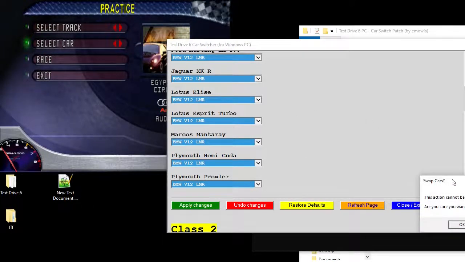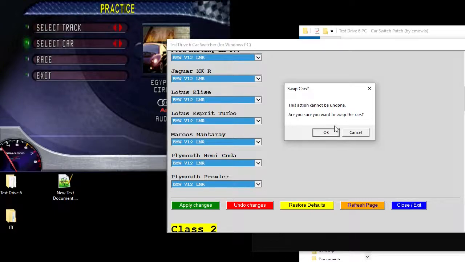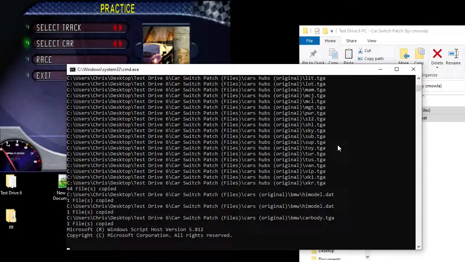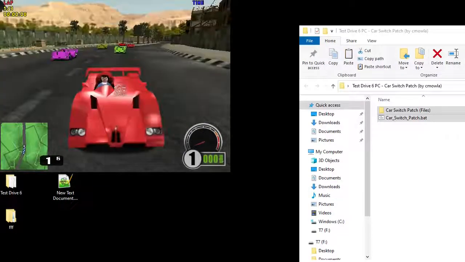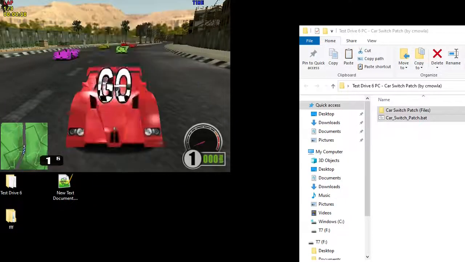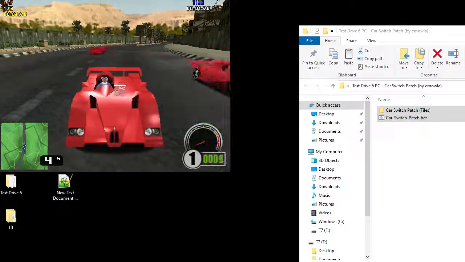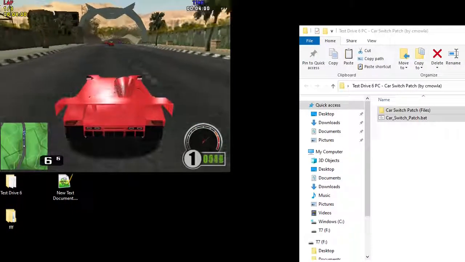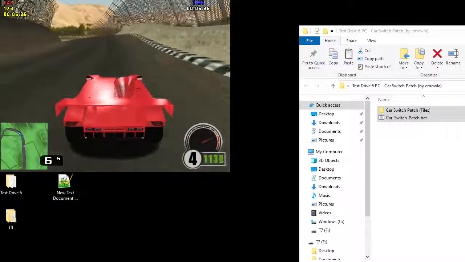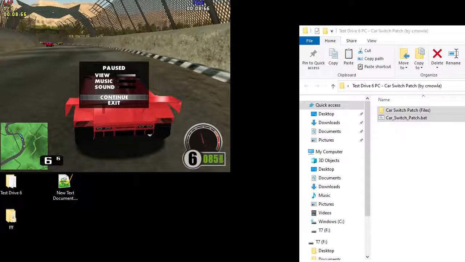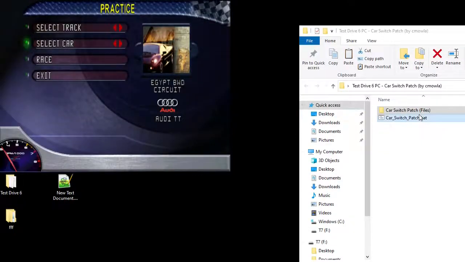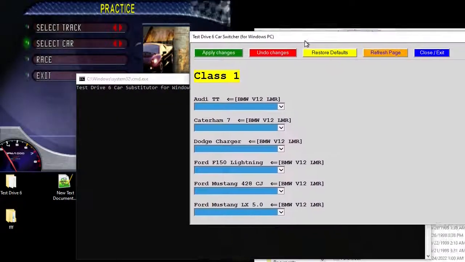Okay, anyway, let me apply the changes. Before it does, it's going to ask you for permission. Okay, so let's just go check out the cars. I made them all BMW. This is class 1. So yeah, okay, it works. And this BMW is a hidden car that is usually not in the game, so this tool I made will also tackle that too. So now let me go ahead and open up the window again,